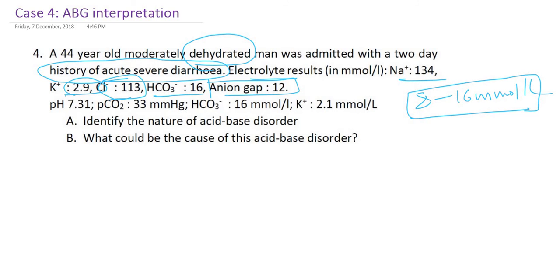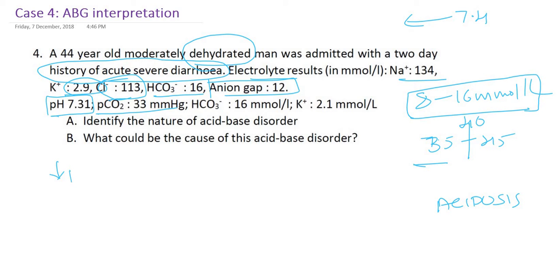First we will see pH. What is pH here? 7.31. So it is less than 7.4. So I will write acidosis. Then I will go to the next parameter, partial pressure of carbon dioxide. Normal partial pressure of carbon dioxide is 35 to 45 millimeter of mercury. For interpretation we have to keep 40 in mind. It is low PCO2. Definitely it is not a respiratory acidosis, because if acidosis has to be respiratory, there should be more PCO2. So respiratory acidosis is ruled out here.